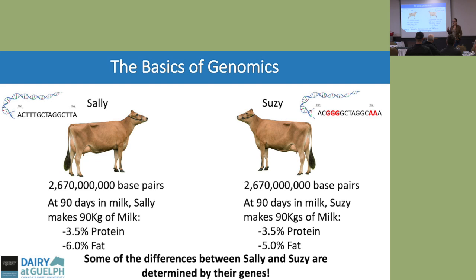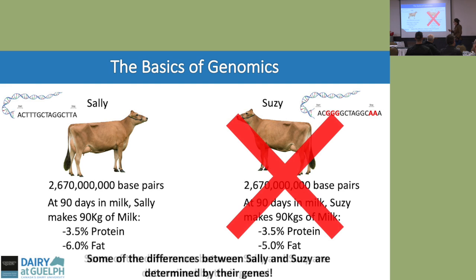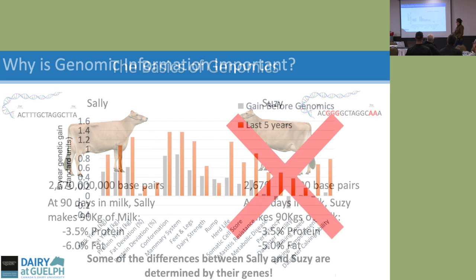Which is pretty cool, actually, because that means that you can look at this DNA the day these 2 animals are born. That means you don't have to raise, even if Jersey heifers live apparently on air and get fat anyway, kind of like me, they really do, it's still a spot in your barn, right? So if you can make that decision earlier, that's pretty cool. So you don't take Susie. My sister's name is Susie. She'd be terribly sad about this, but you're not going to keep Susie.